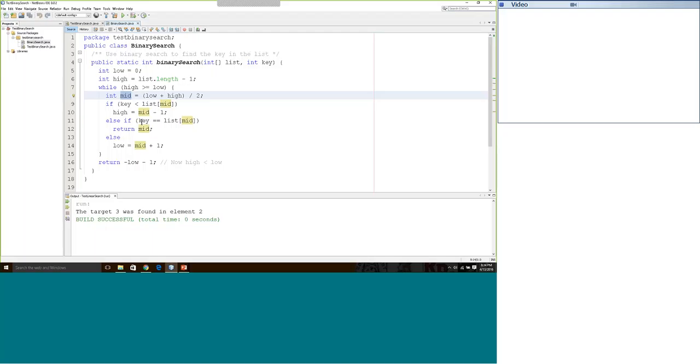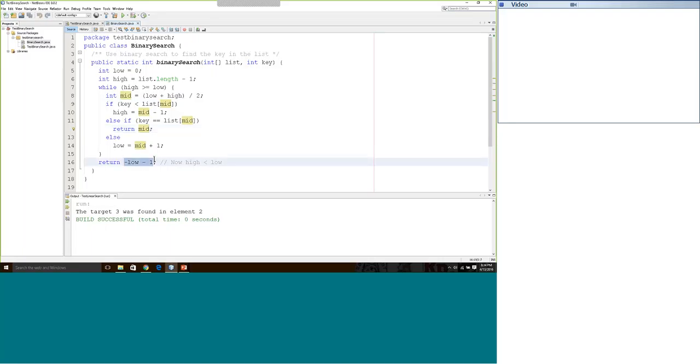Else, if the key is equivalent to the mid, well, then we return it. We return the index where we found the key. Otherwise, we establish a new low, which is going to be 1 more than the current mid. So we add 1 to mid, and that would be 5. And then we would search for the key between index 5 and 9. And this will continue on. We'll loop this way, and you'll either find it or you'll return a,